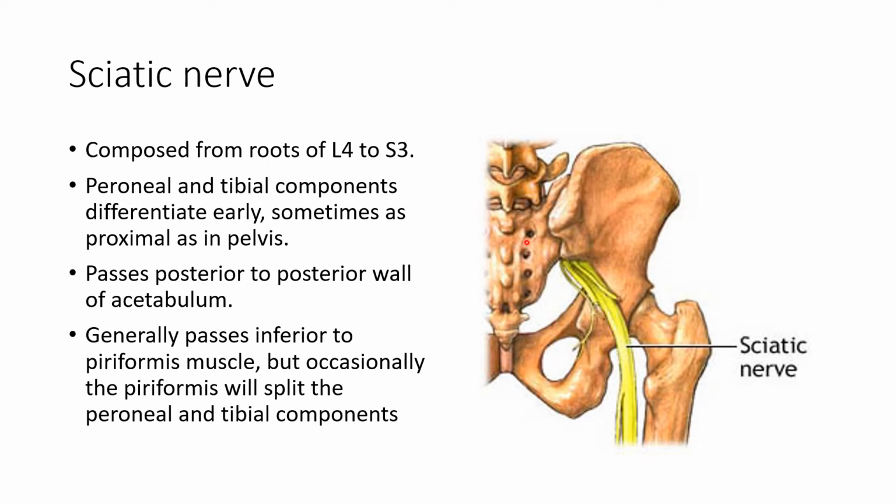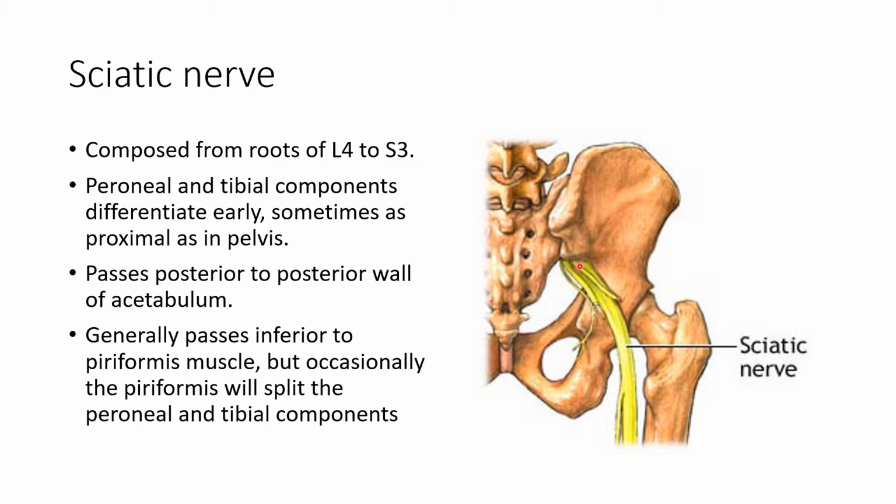One more important structure is the sciatic nerve. The sciatic nerve arises from the lumbosacral plexus. This part will be the lumbosacral plexus. It is composed of the nerve roots arising from L4, L5, S1, S2 and S3. These five nerve roots combine and form the sciatic nerve,